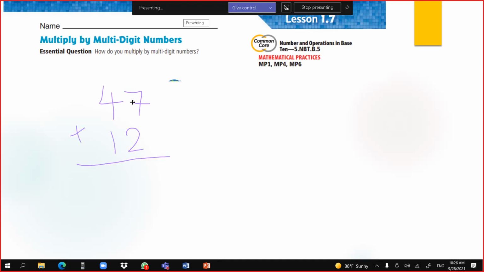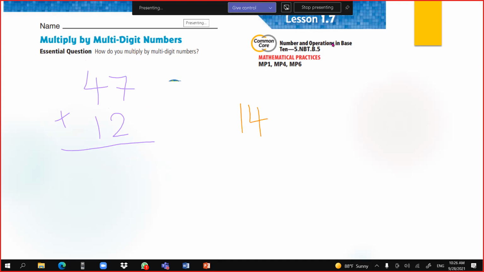Now, please focus with me step by step. What do you have to do first? First, you're going to multiply 2 times 7. When you multiply 2 times 7, the answer is 14. So first of all, you multiply 2 times 7 and you get 14. Then you write the 4 down and 1 up. Then you multiply 2 times 4, which is 8, plus 1,